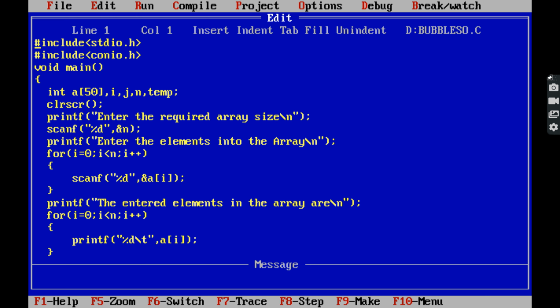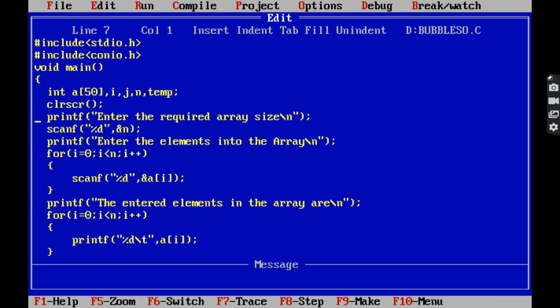Now we have to see the implementation of bubble sort in C programming. The logic of the bubble sort technique is already discussed previously. So here, first I am taking the available array size as 50. i, j, n, temp are the integer variables.